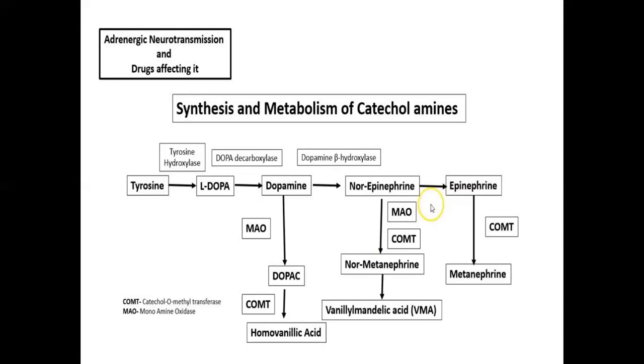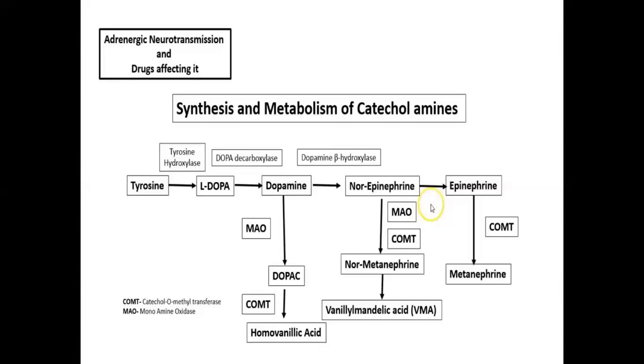As you can see here, tyrosine is the precursor basically. This gets converted to dopamine, norepinephrine as well as epinephrine. The end products or metabolic products of dopamine, norepinephrine and epinephrine are homovanillic acid, vanillylmandelic acid as well as metanephrine. So this is the synthesis and metabolism of catecholamines. Look at this picture. If you draw this picture in the exam, you will be awarded good marks. Starting we have tyrosine and ending with epinephrine.